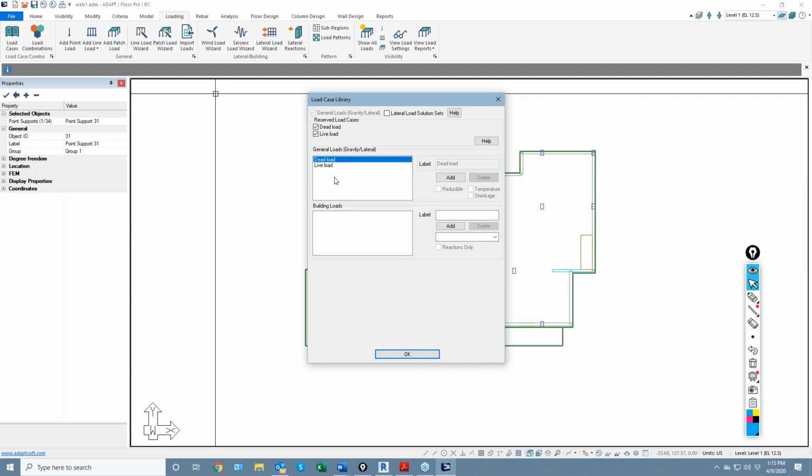This is where we would add additional gravity load types, snow load, roof live load. Maybe there's mechanical loading. And we have a superimposed dead load and a live load just as default loads. We're going to use those today. Building loads is something different. So if we use our wind load wizard or our seismic load wizards to generate loads on the global structure,